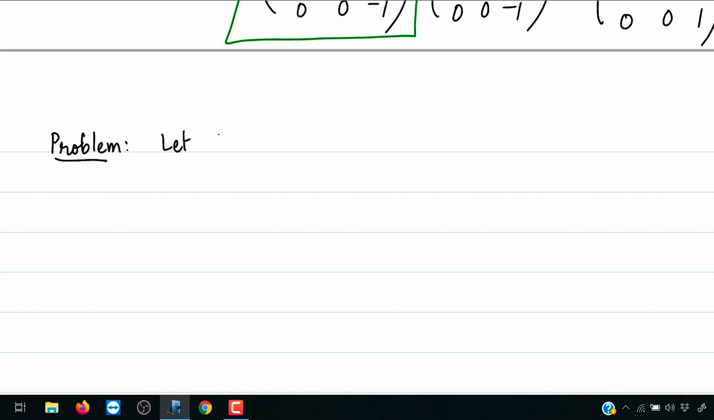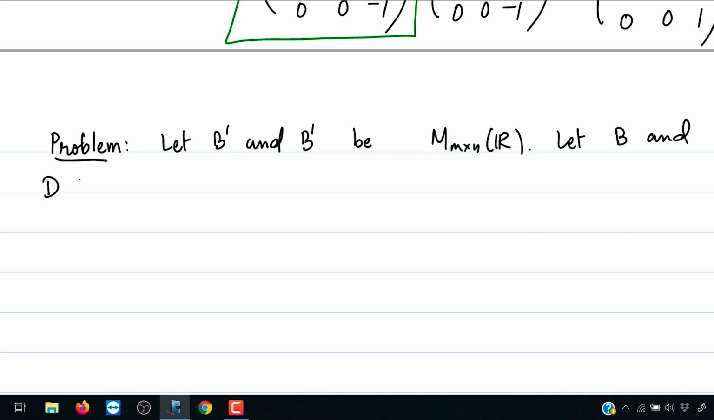Let B prime and D prime be M cross N matrices with entries in R. So let me just write it down in this manner, M cross N of R. Let's obtain two new matrices. Let B and D be the matrices given by